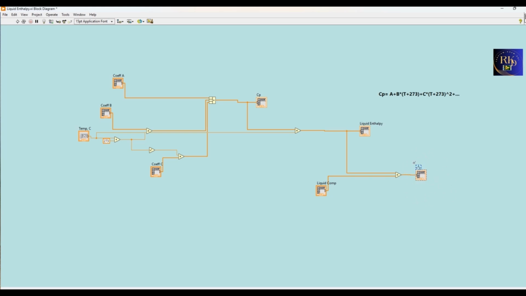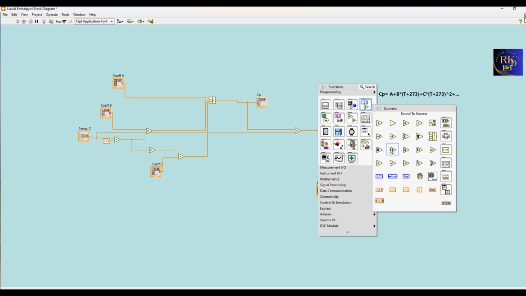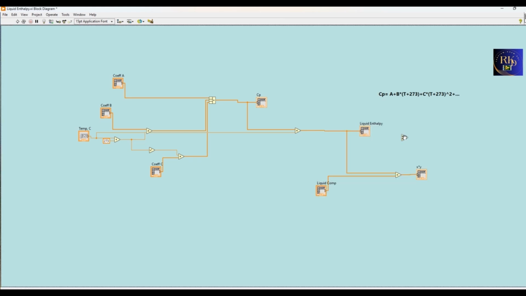Now we have to add all the elements of this matrix. For that I'm taking add array elements. This option will give you the addition of all the elements, and this gives you the liquid mixture enthalpy.